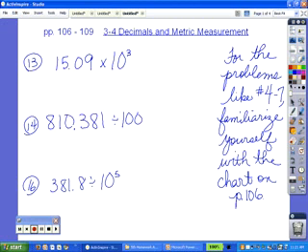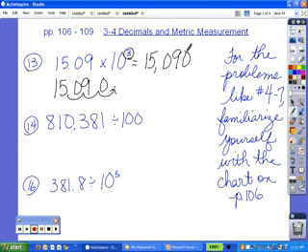To multiply numbers times powers of 10, you simply have to move the decimal point to the right the number of times the exponent tells you. That's the power of 10. So you move the decimal 3 times to the right. Decimal would be back there. We fill in a 0 in the empty spot. So we have